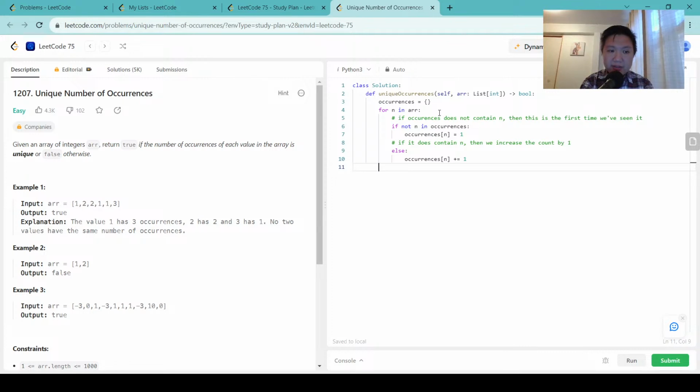So that's it. That's all there is to it. And that is sufficient for us to get a count of all the occurrences. But here's the thing, we're not done yet. So at the end of this, occurrence will look like